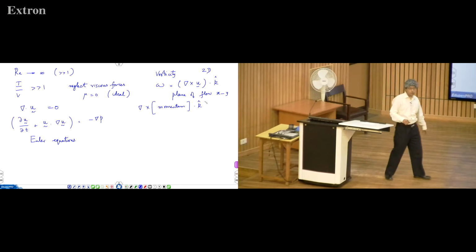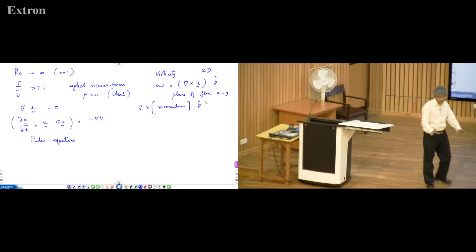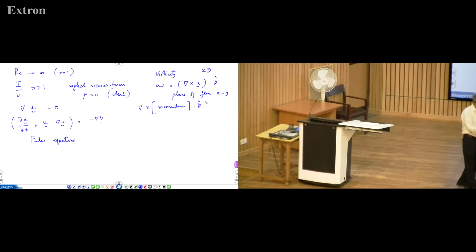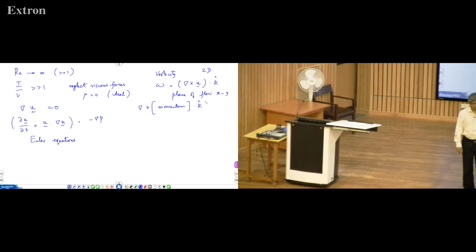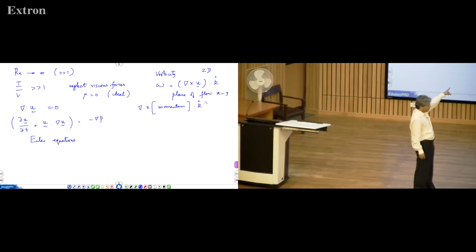Like del square p equal to 0, we reduced the vector equation to a scalar equation: do a del cross and then do a dot product with k. Del cross of del p is 0. You can see that it eliminates p from the equation by doing this del cross, and you have del cross of the left hand side,